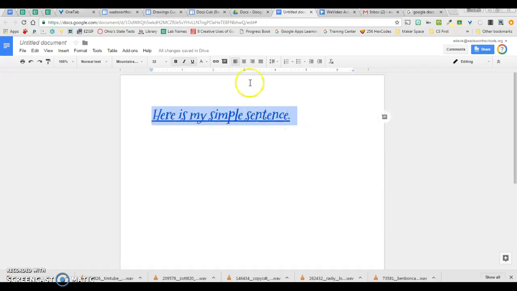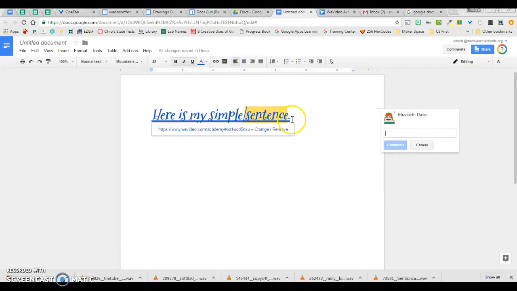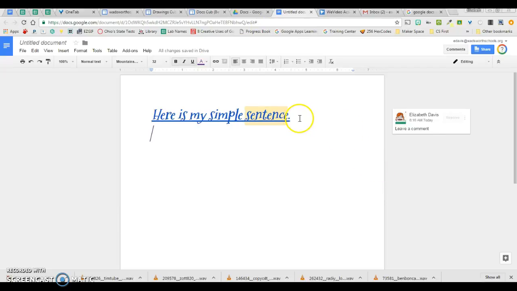Okay, comments right here. Add a comment. You can also add a comment up here, add a comment, or you can do it here. And what it does is it highlights the closest word and gives you the opportunity to leave a comment. And only those people who are owners or editors of this document will see comments. If I publish this to share with somebody else and I put it as just viewing, they won't be able to see those comments. Okay, so then,